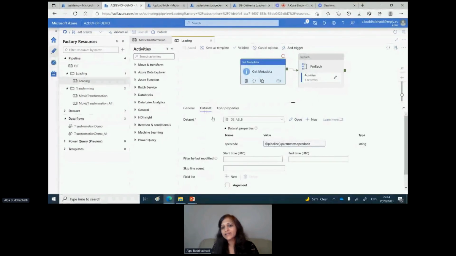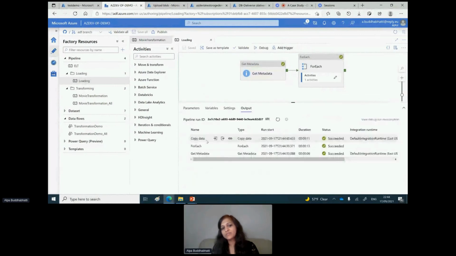So this is my data set, and here you can see that I'm passing the spec code, which is actually this parameter, this spec code. So it ran very quickly as well. And